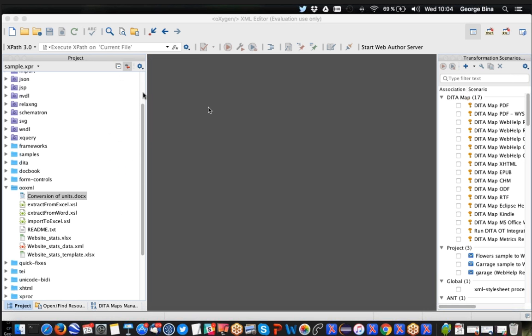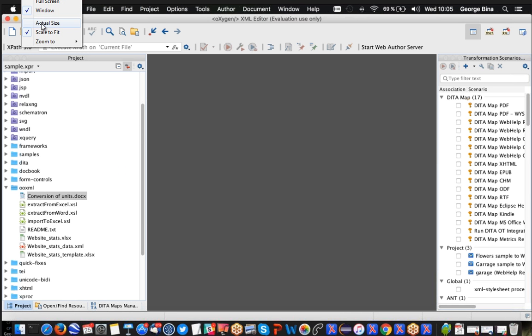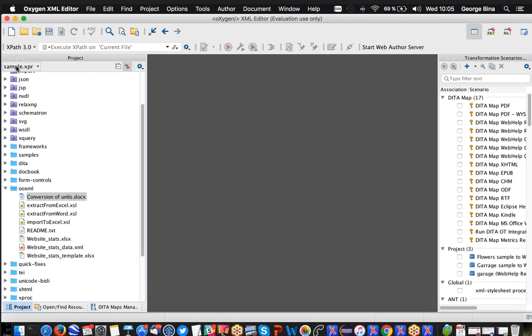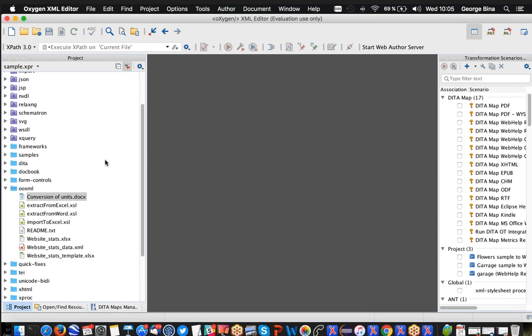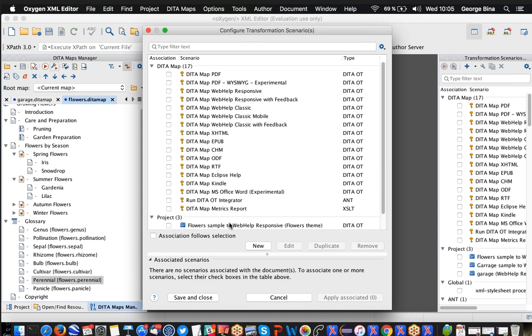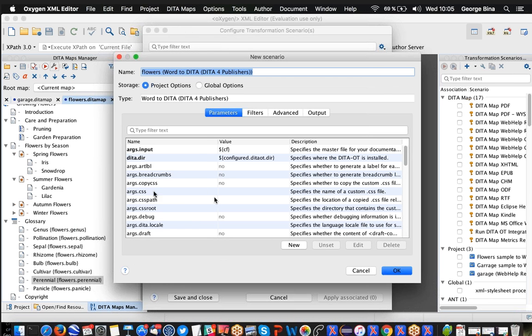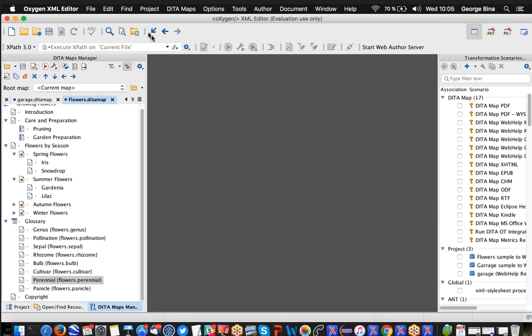Show my screen. So there's a plugin from DITA for Publishers that should allow you to convert. In the DITA OT here, you see it's Word to DITA, DITA for Publishers, so you can create such a transformation that will try to get from a Word document a set of DITA topics. But you need to look more into this and play around with that,